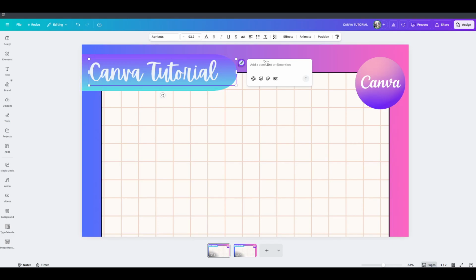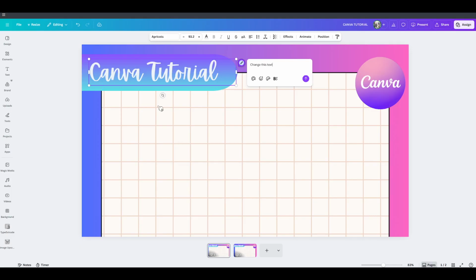Type your message in a clear, specific way. For example, you might say, "Please make this headline a bit larger for readability." If you want a teammate's attention, type the @ symbol followed by their name to mention them. This ties your comment to that exact element so everyone knows precisely what you're referring to, which saves time and